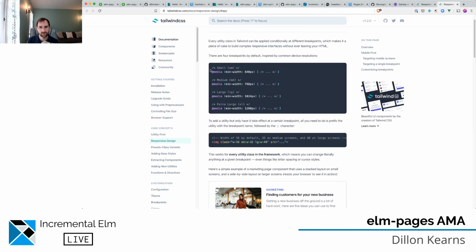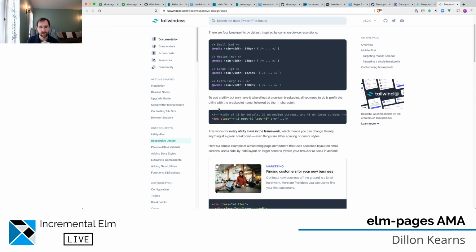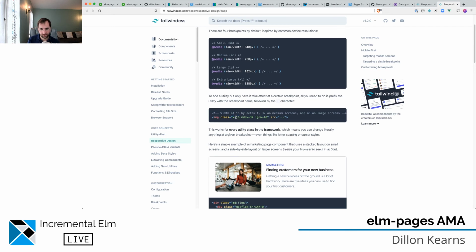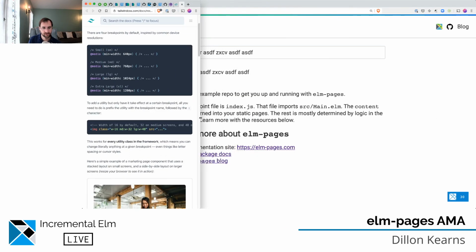Like this. It uses these media queries, and you can say this image has width 16, or if it's greater than or equal to the medium media query breakpoint, then make it width 32, or if it's greater than or equal to the large media query breakpoint, then make it this width. And so see how it,